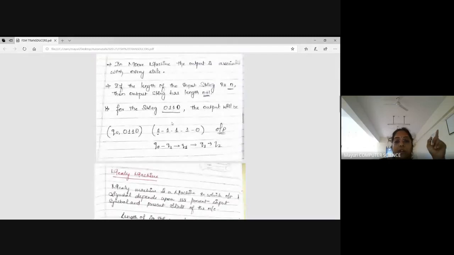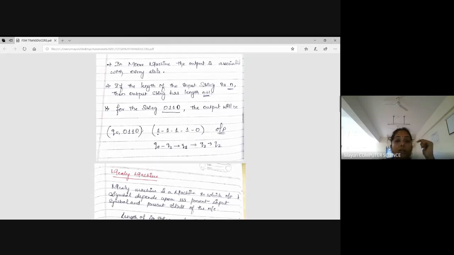But the only thing you have to worry about is that before you consume the input, the first input being 0 here, I have to write the output of my Q naught. The output of Q naught is 1. That I have written here. After that, I'm going to some other state on input 0. Q naught on 0 is Q1. The output of that state is 1. Then now I'm in Q1. The next input is 1. From Q1 on 1, you're going to Q1 only. The output of that state is 1.